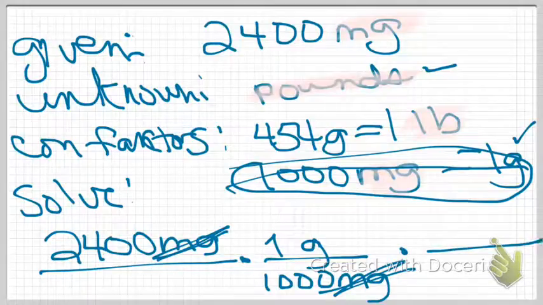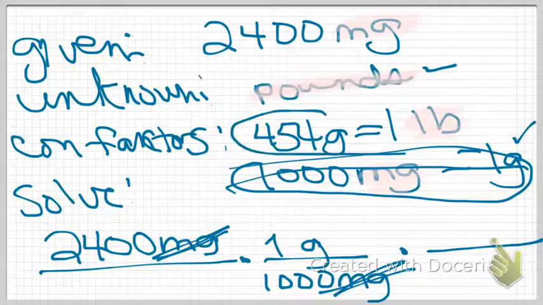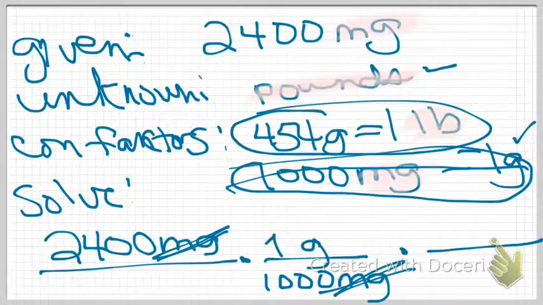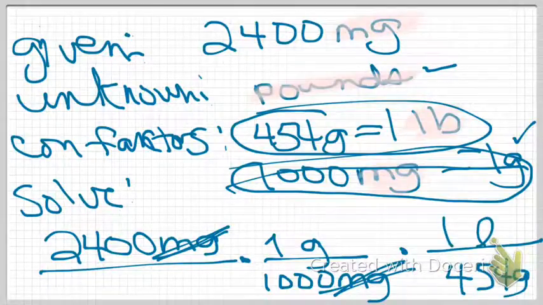So where am I going to get it? I know that now I need another conversion factor. I need another fraction so that I can get rid of that grams. Grams is on top. I need to get rid of it, so I need to put it on the bottom. Where do I get things to cross out? From my conversion factors, and it just so happens I have another conversion factor that's got grams in it. So I know this 454 grams goes in the denominator, and that 1 pound goes in the numerator. And now this gram is going to cancel out with that gram. And so now that lets me know that I am doing this correctly because I'm able to cancel out my